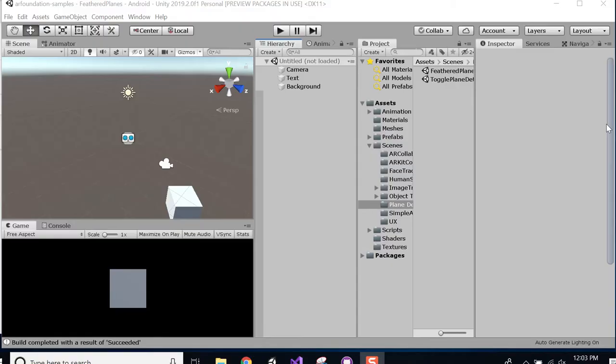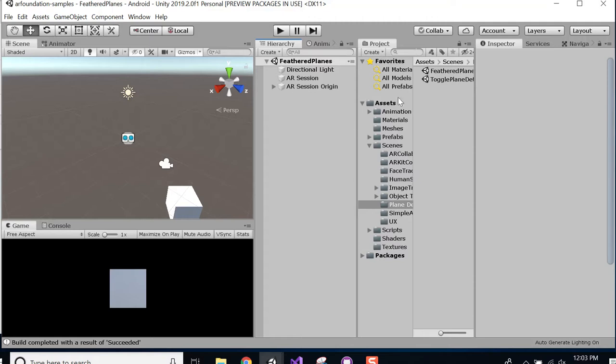If I move close, you can just see those feathered plane textures. When those show up, we have tracked a plane that we can then place objects into the world onto in conjunction with that plane. So that's important that that's working. But good, so our test run, everything worked,